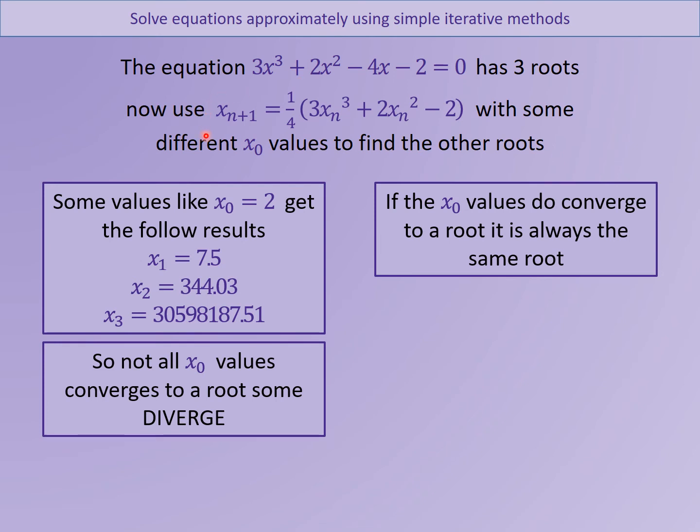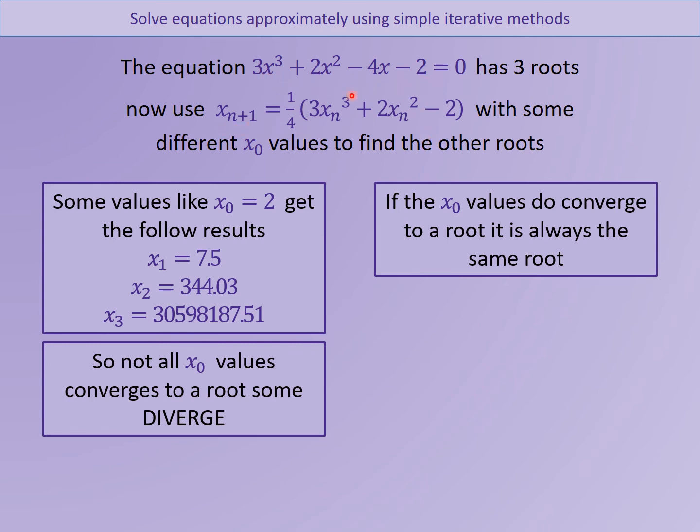This was just one example we looked at. You saw at the start of the lesson, there were lots of ways of rearranging this formula so that it was x equals. This one was the one where I took the 4x to the other side and divided by 4. I could have one where I take the x squared over the other side, half everything, and square root. That would be a perfectly reasonable iterative formula